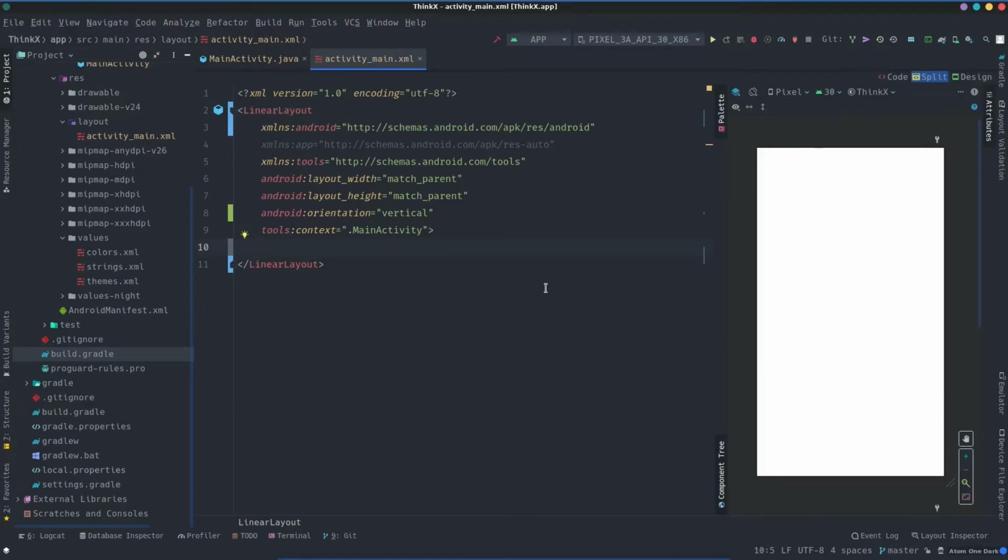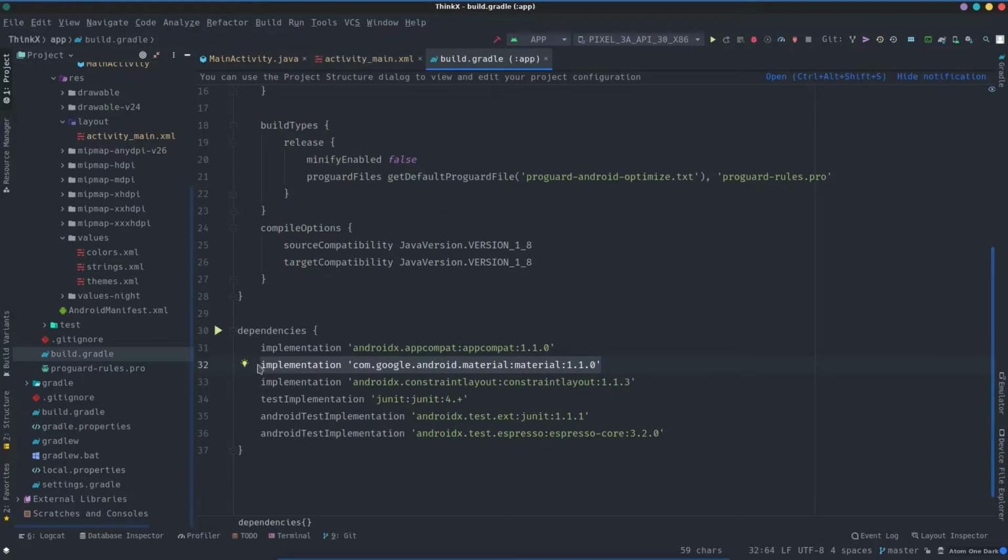So we're trying to develop an e-commerce app in this series, and in this tutorial we're going to design the login or the register UI of our main activity, right? First we need to implement the input fields, which are the email and the password. For that I'm going to use the Material theme, and you can see in the build.gradle file we have written a dependency which is implementing the Google Material library.